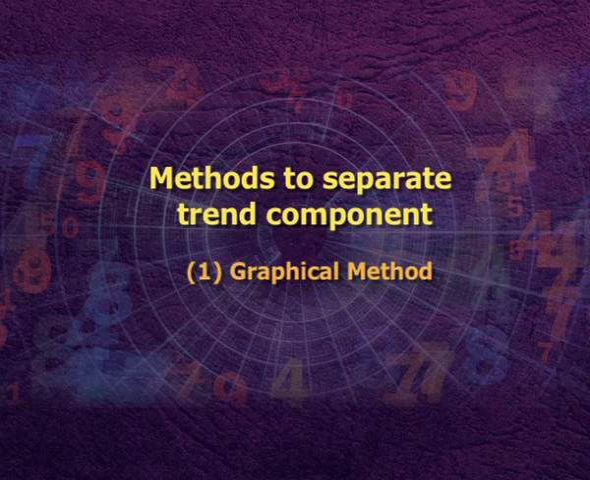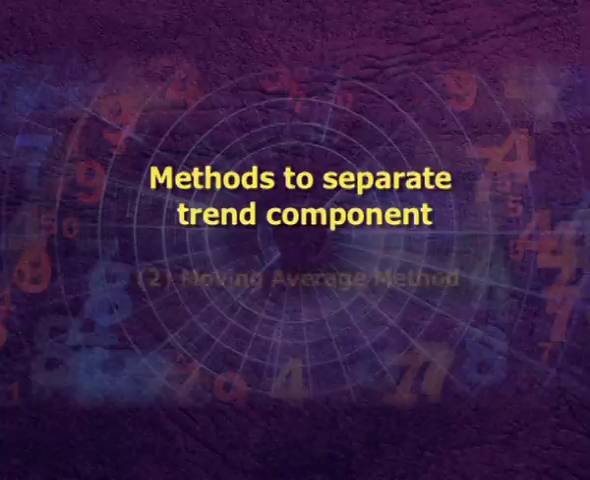Number 1, graphical method. If we plot the given time series observations against time, we can examine the variational pattern of the series from the graph. For example, it can be linear or quadratic or curvilinear, etc. This is an approximate method which can give us first hand information about the general pattern of the series. Number 2,